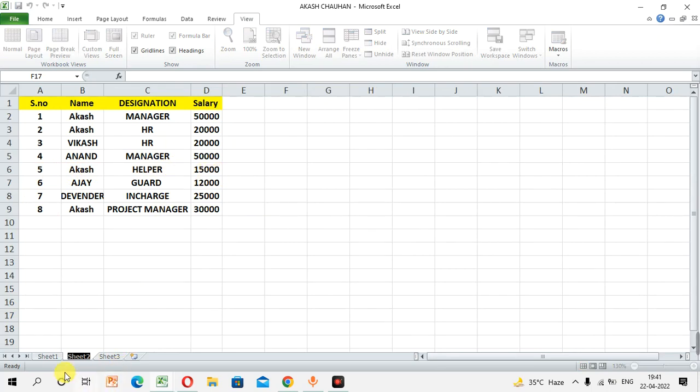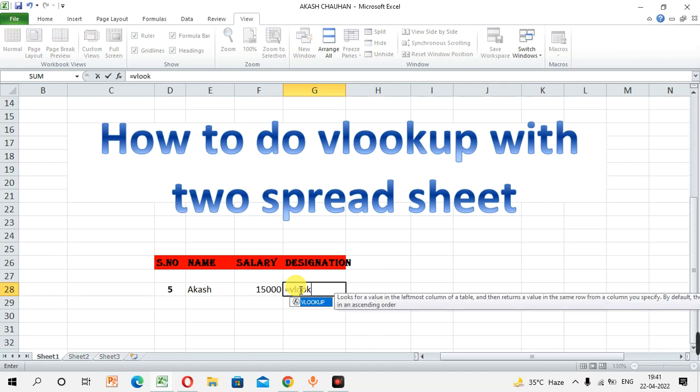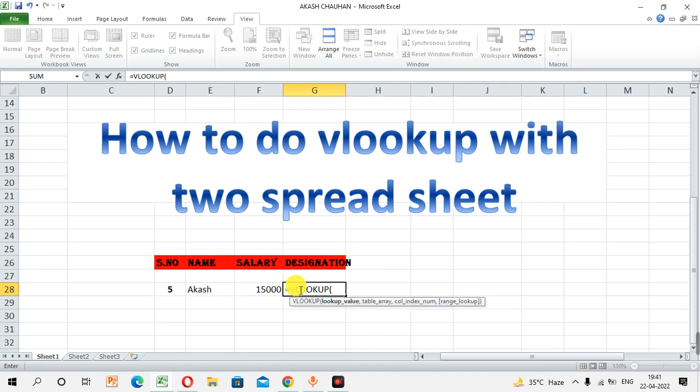As you can see, we can use the lookup value to retrieve data for a particular employee ID or serial number or index. So now we are going to retrieve the designation of employees. So again we are going to use VLOOKUP. So VLOOKUP, press enter, press tab, and now we are going to again select a serial number here, which is the lookup value.